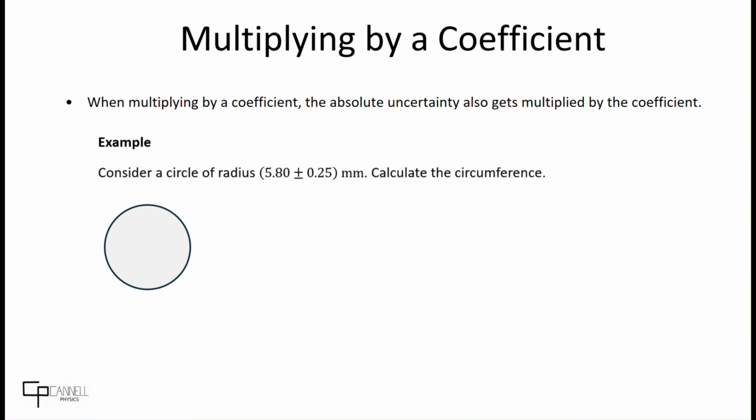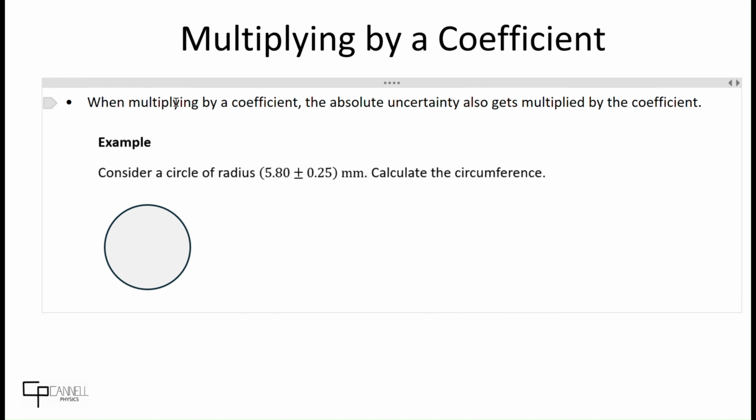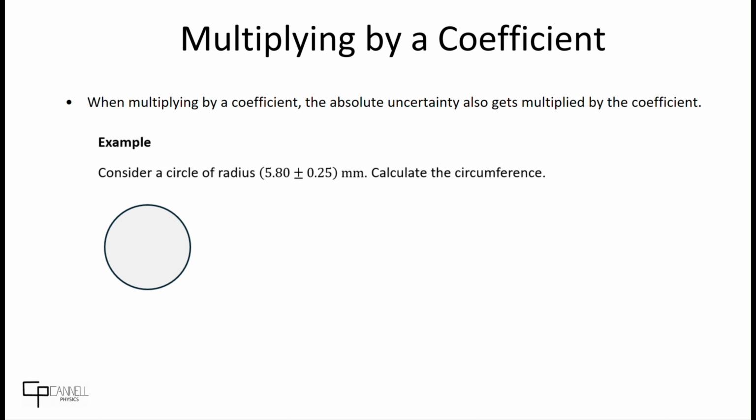So what happens when we multiply a number with an uncertainty by a coefficient, such that the coefficient itself does not have an uncertainty, it's simply a scale factor? When multiplying by a coefficient, the absolute uncertainty also gets multiplied by that coefficient. So put simply, if you double a number with an uncertainty, the uncertainty also gets doubled, or tripled, quadrupled, whatever